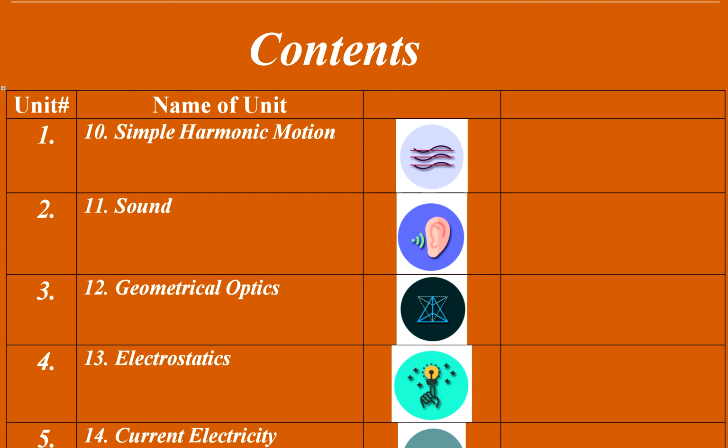the first unit we will study is simple harmonic motion, or SHM. S for simple, H for harmonic, and M for motion. SHM is about a type of motion that is called vibrations. So in class 9th you have studied about translatory motion, you have studied about rotatory motion, but not vibratory. So vibratory motion will be discussed in the first unit of class 10th, that is simple harmonic motion.